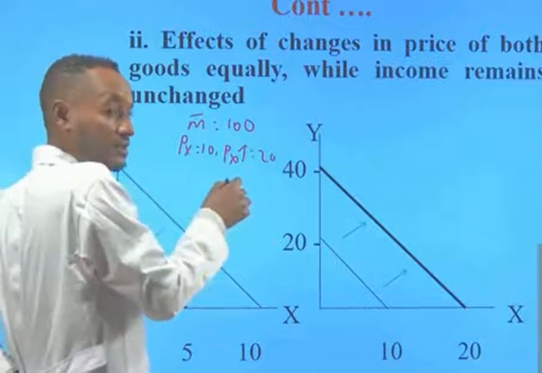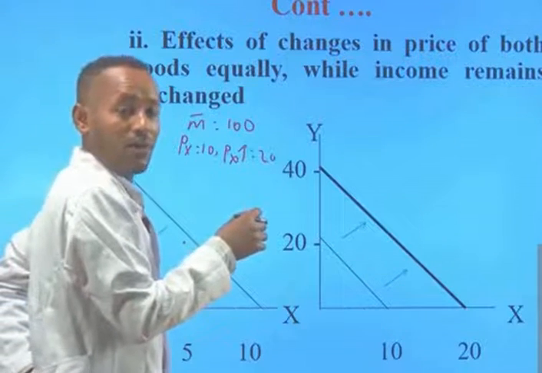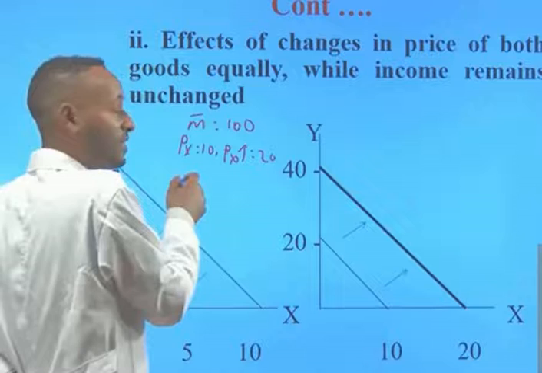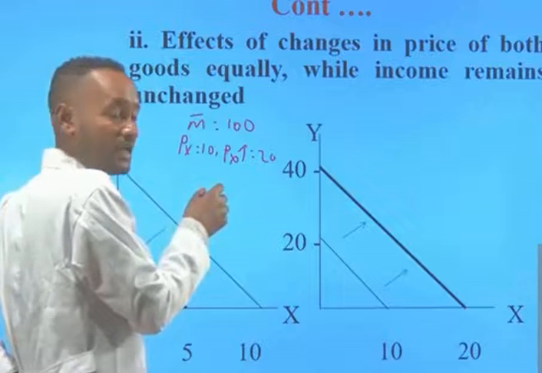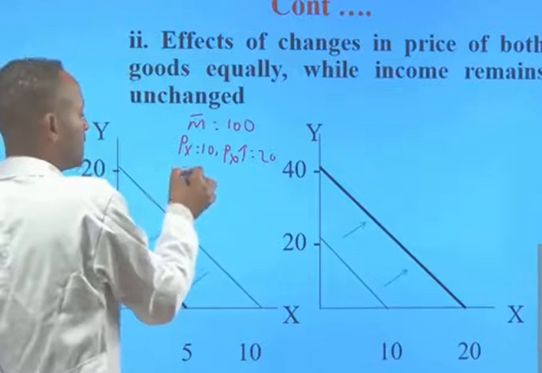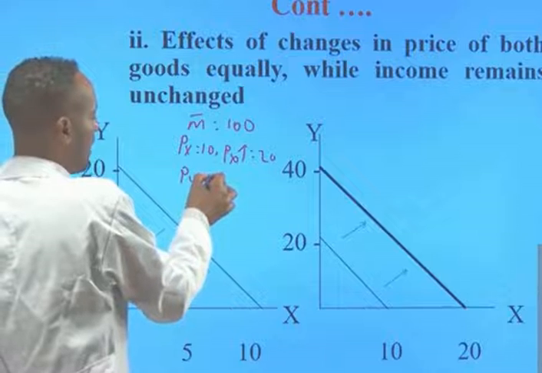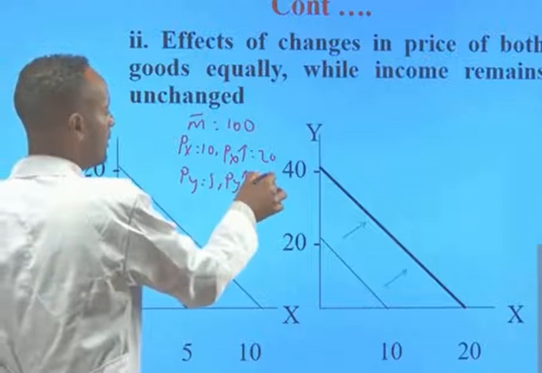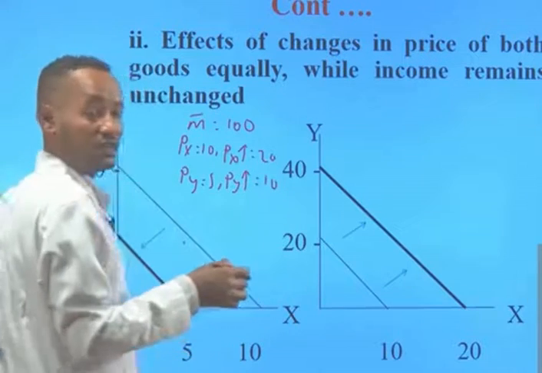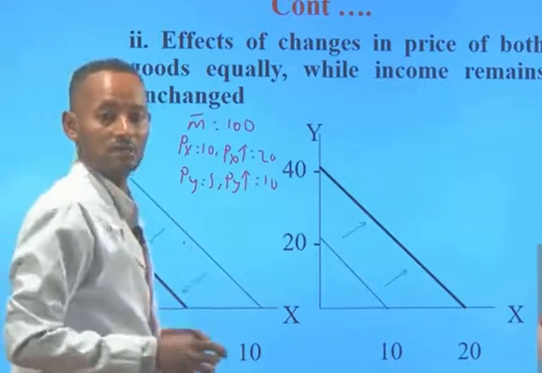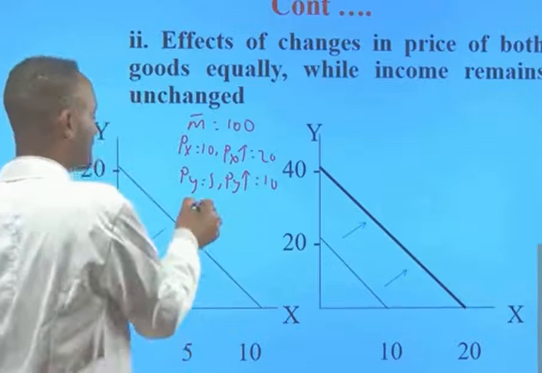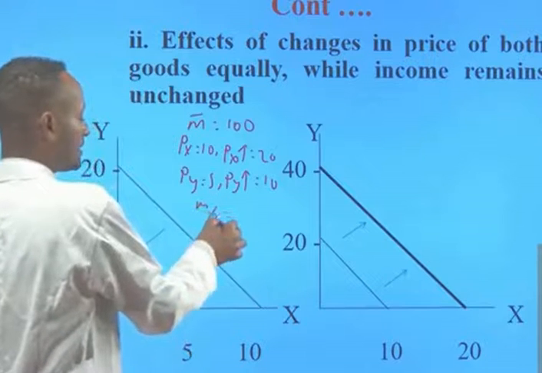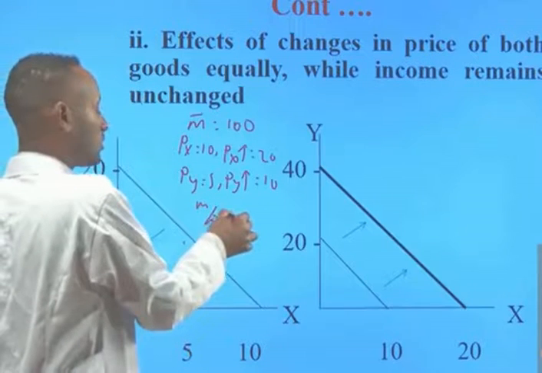And if there is an equal increase in both goods X and Y, if the price of X is doubled, then the price of Y must be doubled. That means price of Y is 5 birr, and now the price of Y is doubled and it increased to 10 birr. Now there's a change in the vertical and horizontal intercepts of the new budget line. That means M over price of X will give you the horizontal intercept of the new budget line, which is 100 divided